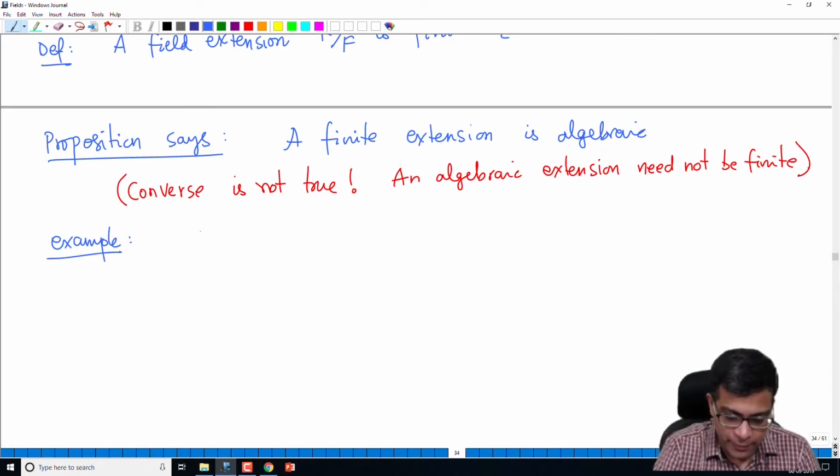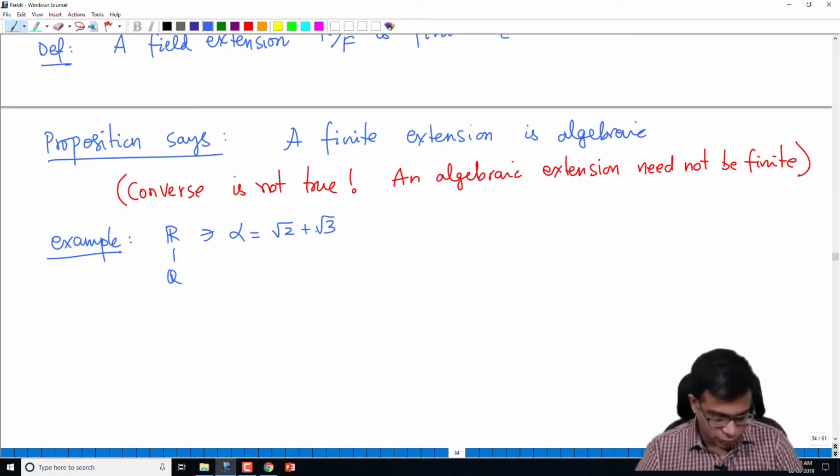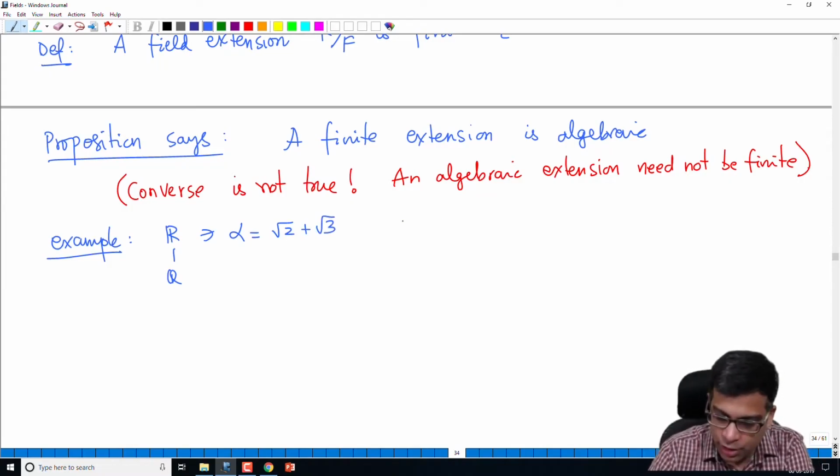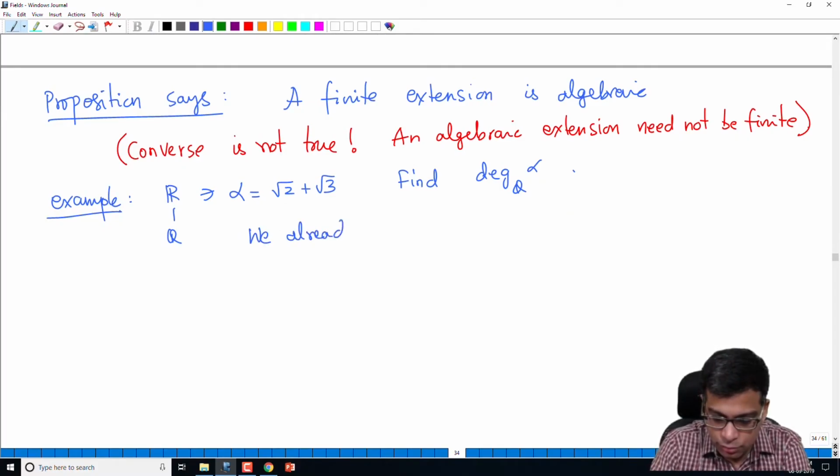So we considered the field extension R over Q, and we looked at alpha in R to be root 2 plus root 3. If you look at this element, we want to find the degree of alpha over Q. So that was the question. We observed last time that root 2 plus root 3 satisfies